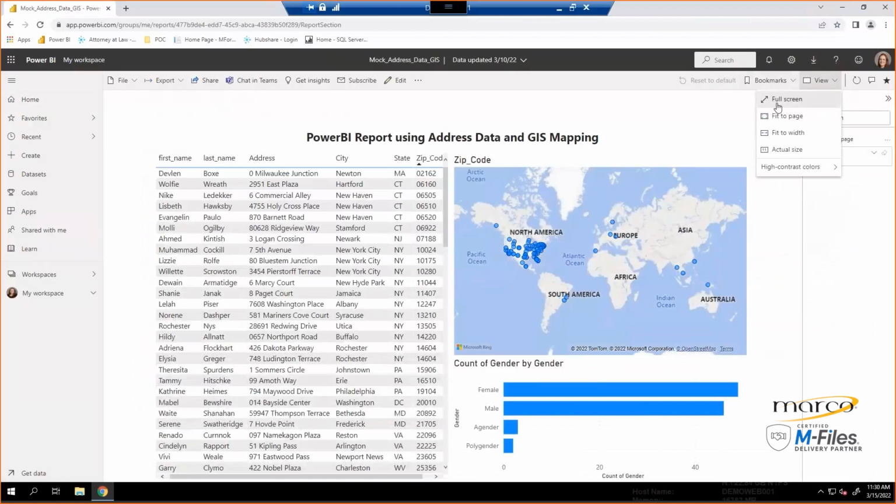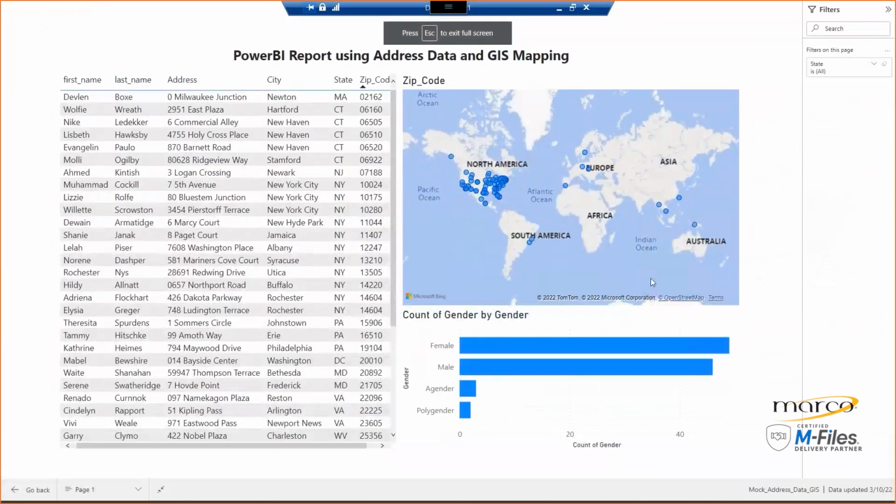So this is, let me see if I can make it full screen here. Power BI has the ability to make the spreadsheet data, or cities, states, and zips, sorry, into GIS mapping. What's really cool about it is this stuff is easily dragged onto the screen and moved around, and